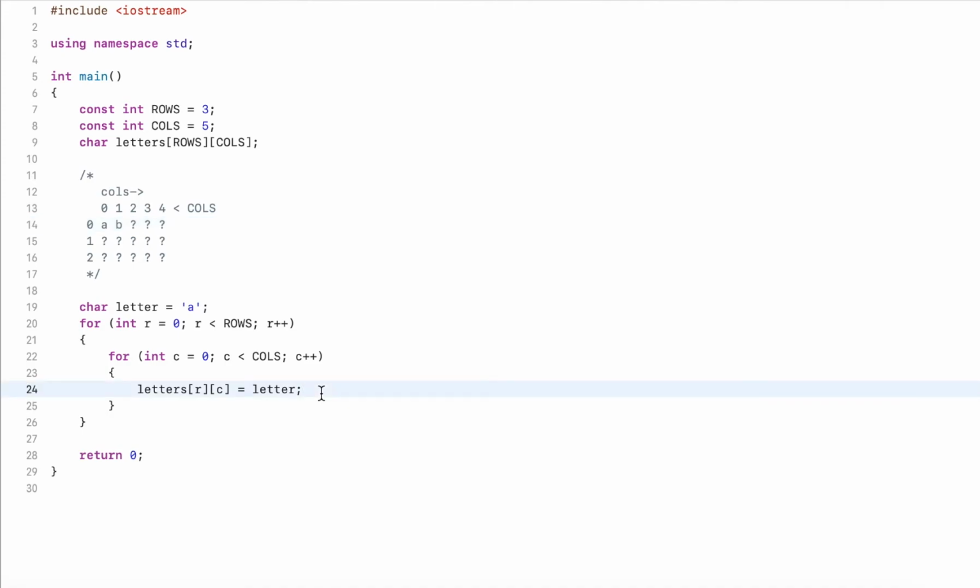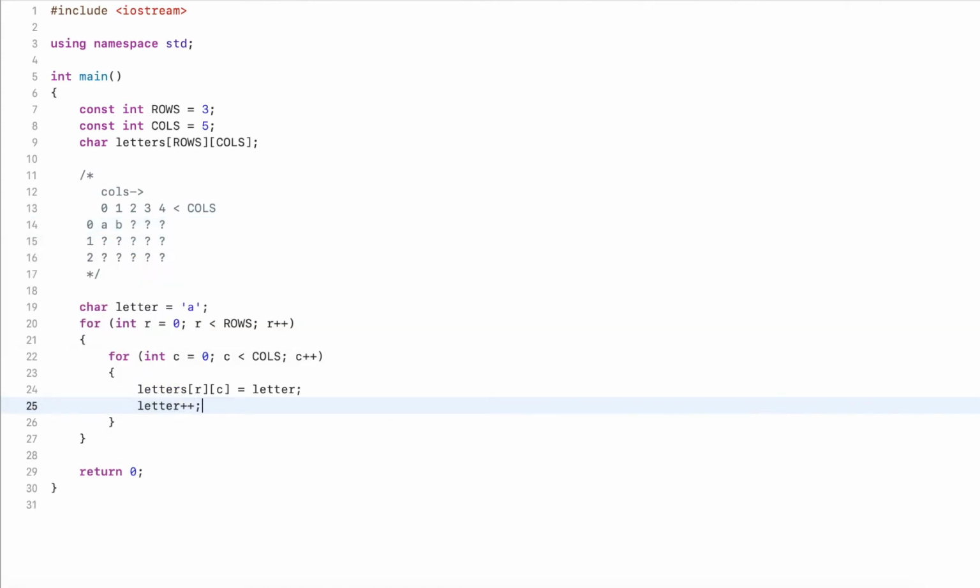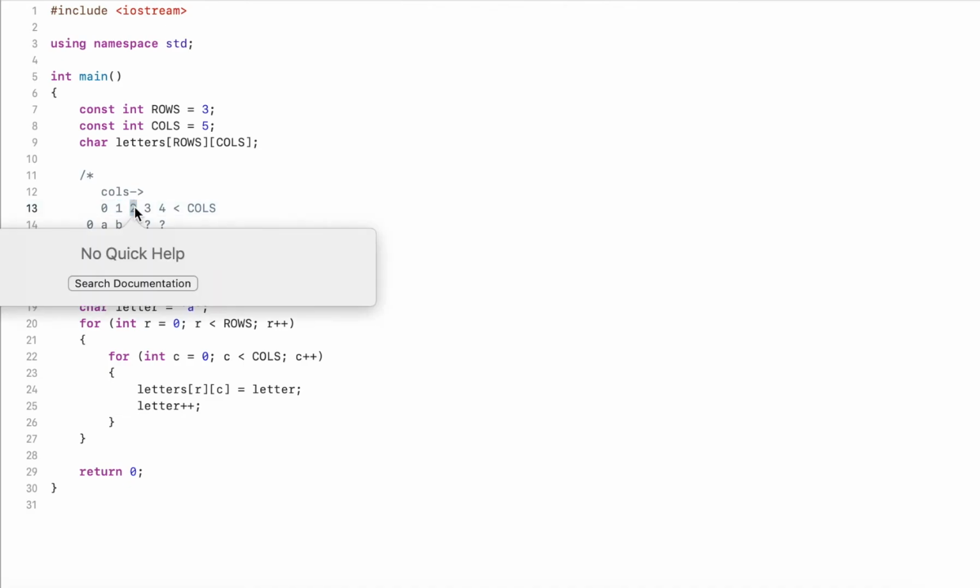So what I have to do here is just increment my letter. Since letters are stored in order, by incrementing this variable, I will automatically get B. Now I assign B, now I increment it again. This will result in C. It will increment the variable C. So remember, C was 1, C is now 2, and then I store